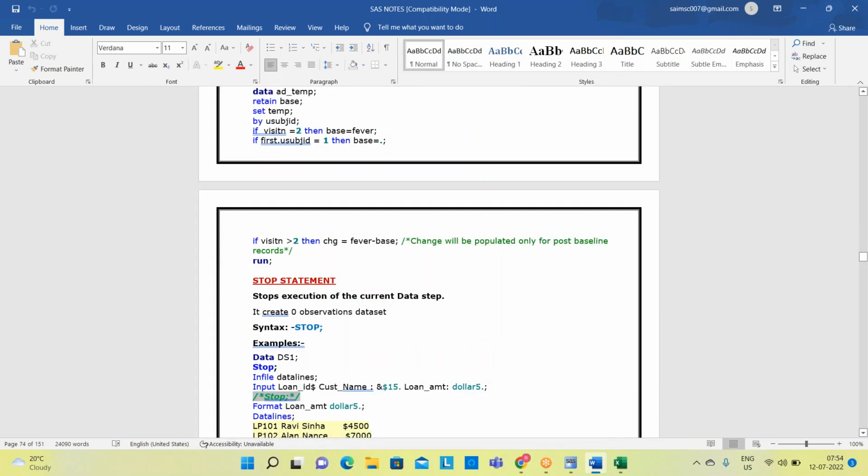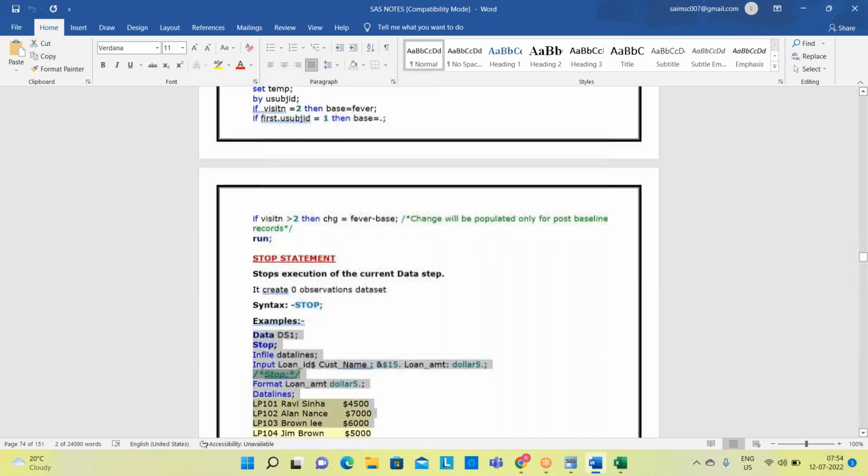If you want to stop the execution of the current data step, we use a stop statement. Actually speaking, nowhere will we use this statement. It is just part of your syllabus, so I'm covering it. Now you can see here, I have a data set DS1. If you write a stop statement, it will stop processing your data step. So if you just run it,